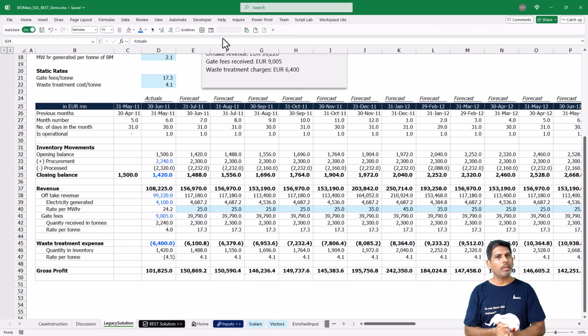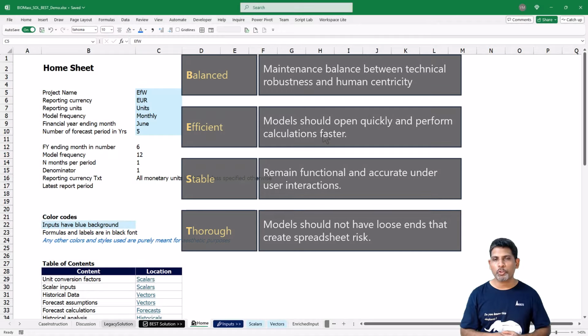We'll see how dynamic arrays address all these issues, and how we build a model with fully dynamic arrays and LAMBDA, of course, applying our best framework. Let's jump in there. As we begin with our solution, we are going to keep certain fundamental principles in mind,